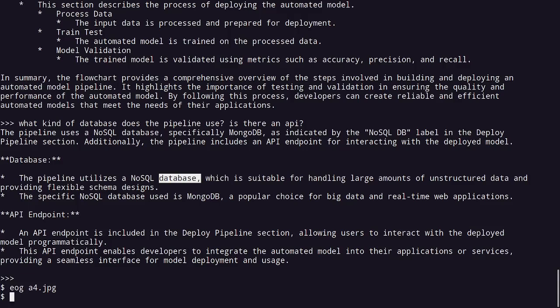Wow, this is insane. Okay, so those are the four different cases that we saw, from simple to extremely complex evaluation of an extremely complex pipeline and extracting information from an extremely complex machine learning pipeline. So essentially, this Llama 3.2 multimodal model can extract information from flowcharts. OpenAI has a similar multimodal capability, but I'm assuming that will be extremely expensive. This is free, essentially. You can run this on your own computer with Ollama, and I'm using a GPU. If you don't have a GPU, it's probably going to take a little bit longer, but you can use Llama CPP, which can do the similar thing, and it can still be run.